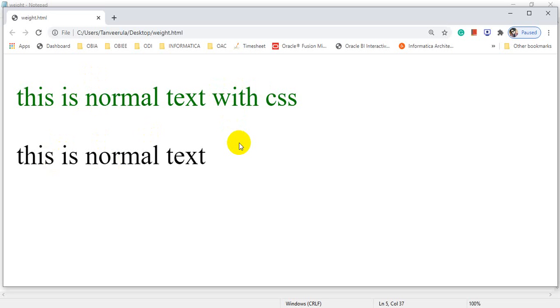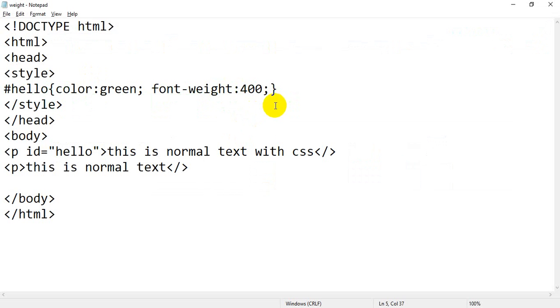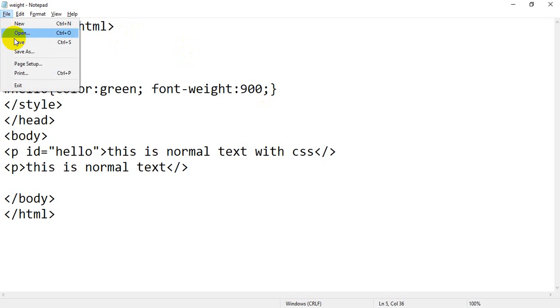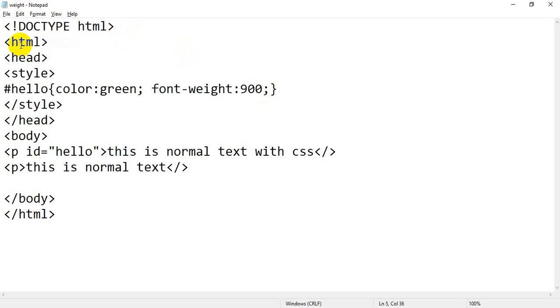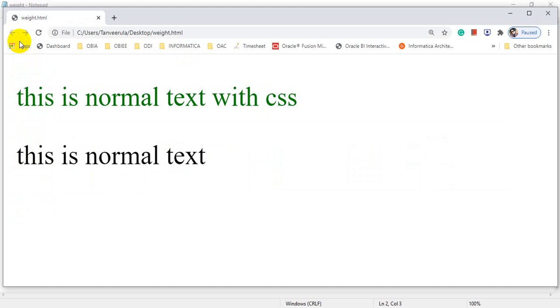Now I am going to change the weight. Instead of 400, now I am going to take 900. What is 900? 900 is the highest value of the font weight property. So if you use 900, just save the file. I will press Ctrl S, flip back to my browser.